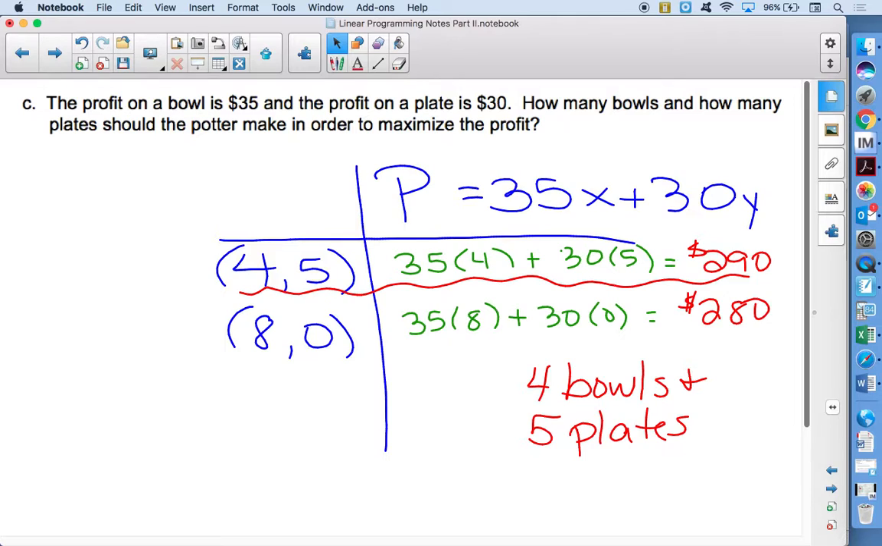So feel free to come up, take a picture of the 2 problems on page